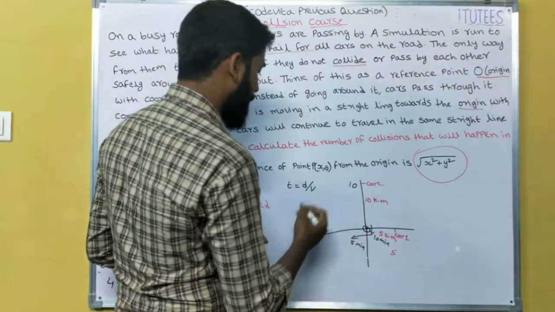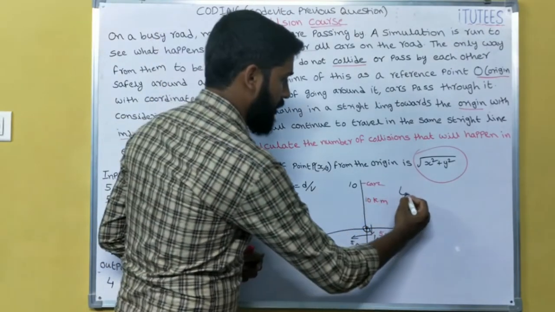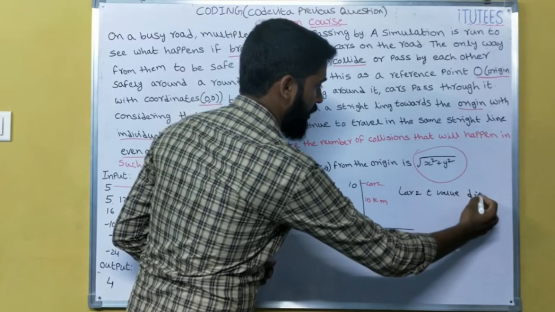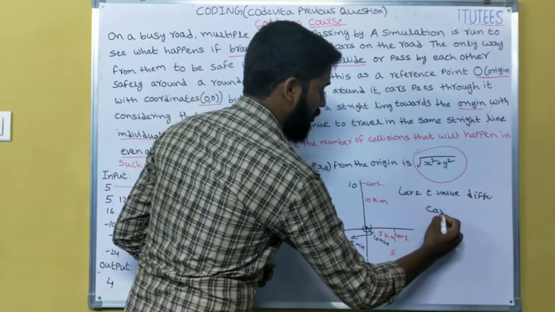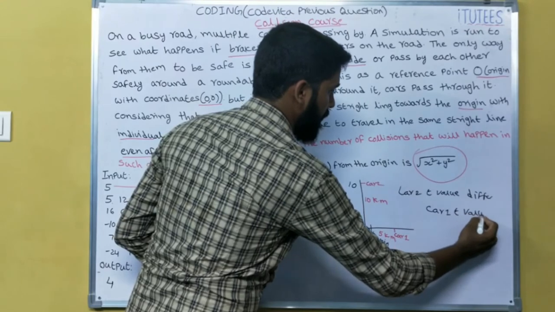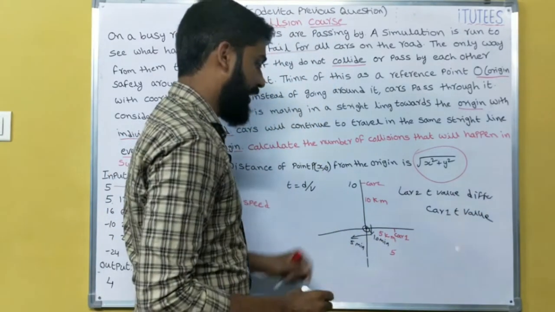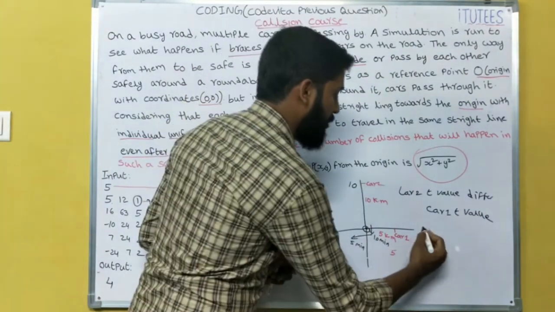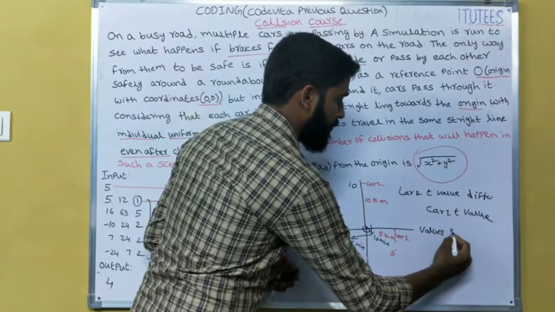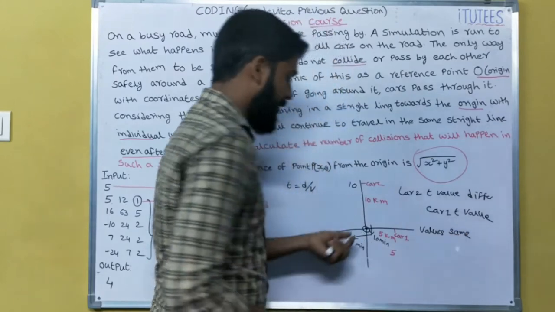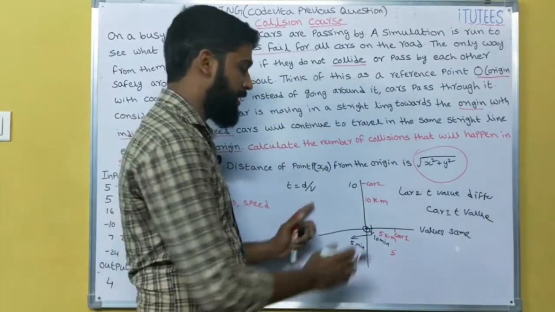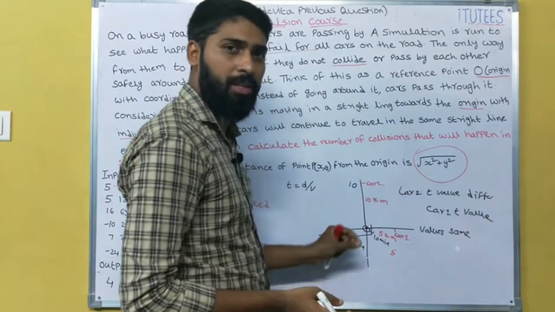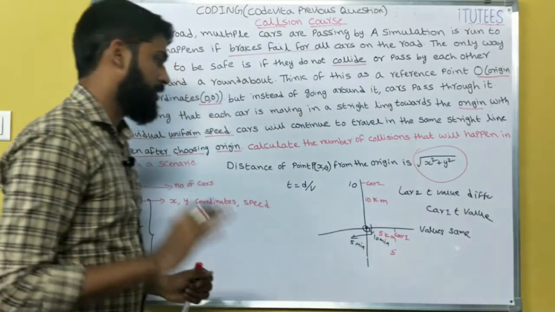How can we know that? In the previous case, the t value of car 2 is different from the t value of car 1. In the second case, the two values for car 1 and car 2 are the same. That means if the t value is the same, then we can say that a collision occurs. If we have different t values, then there is no collision. Now come to here.